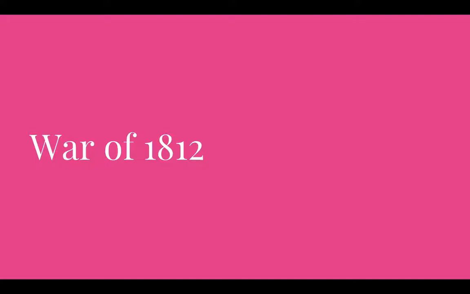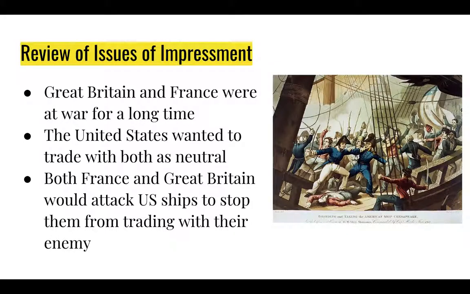There was still a lot of conflict on the frontier that prevented American settlers from moving west, and this War of 1812 settled that finally and created basically a doorway to the west to eventually reach California, where we are now. So let's review some of the things that happened before the War of 1812 that ultimately led up to it.